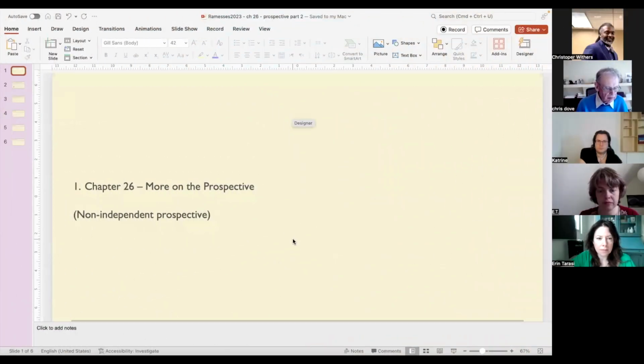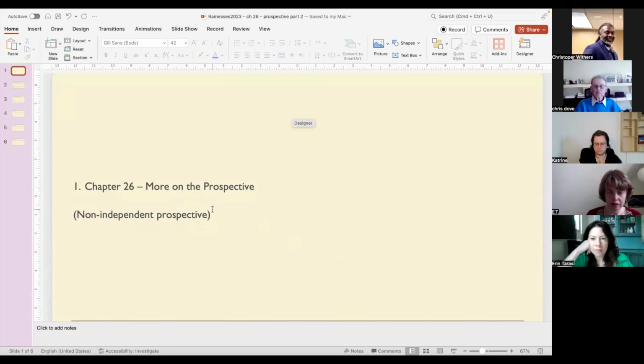All right, everybody, let's get started with lesson 26. This is a short one, it's more on the perspective, which we had, I think, 6 chapters back or so. At that time, we were talking about the perspective sejm F as an independent verb form. So it can come at the beginning of the sentence, sorry, as an initial verb form, I should say. Sejmek, may you hear, basically.